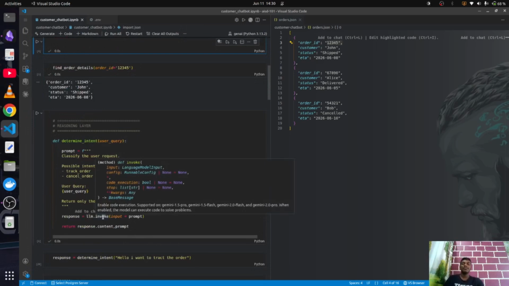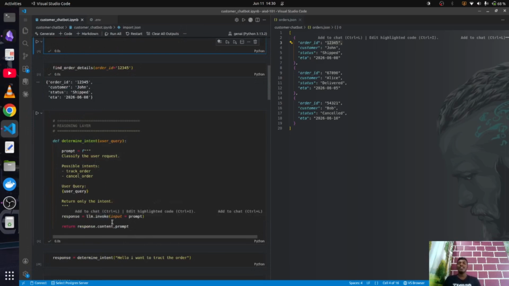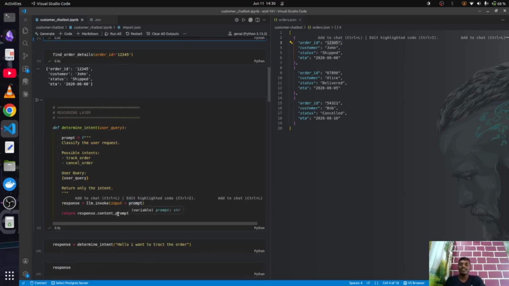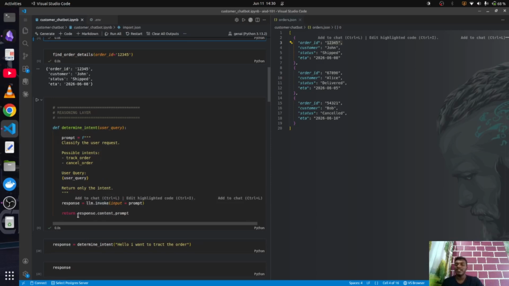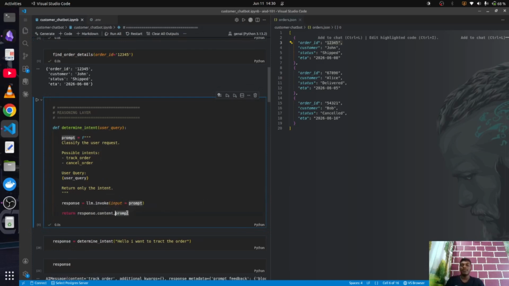What it does is it contacts the LLM, whatever model we have decided, which is Gemini 2.5 in our case, and it sends the query as the prompt, and it gives us a response. It basically gives an AI message response, but you don't have to worry about it. What's important is the content of the response alongside the prompt.